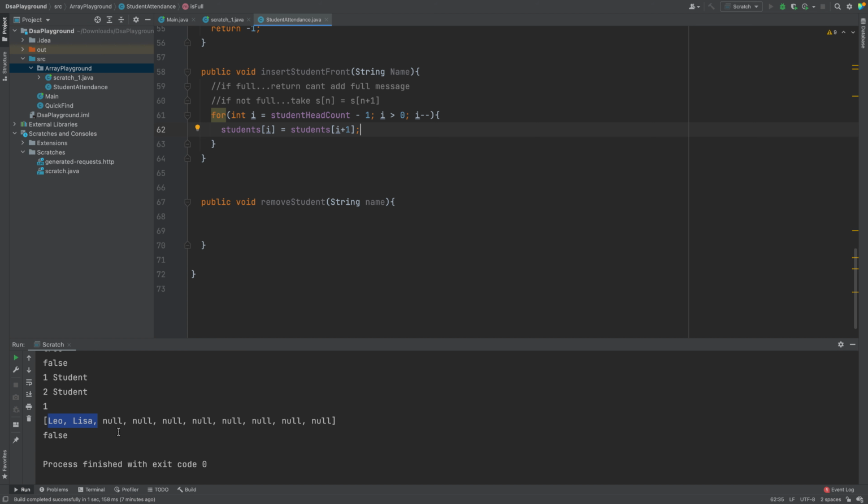So in this case, it'd be 2. So in order to get this number right here, I had to take 2 minus that 1, which is right here. So then I would get 1, and then I would go through my array for every student i, which in this case would be 1. What I do is take 1 and make that equal to,